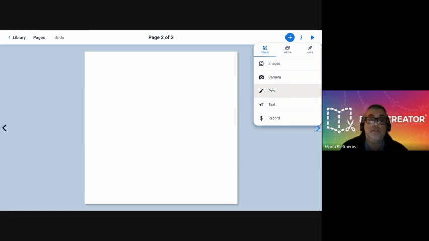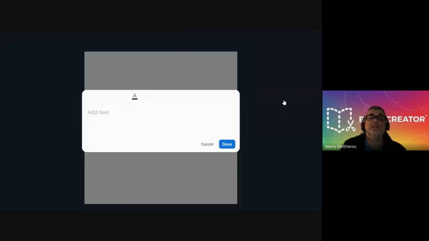If students have that ability to draw with their device, that's certainly there for them to use. Text is one we'll use a lot, where we can add text to the page. And this allows me to record audio recordings on my page. So if I was just going to start to create a simple story, I can just click on text, and